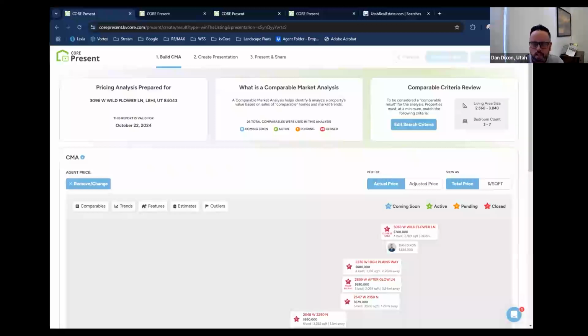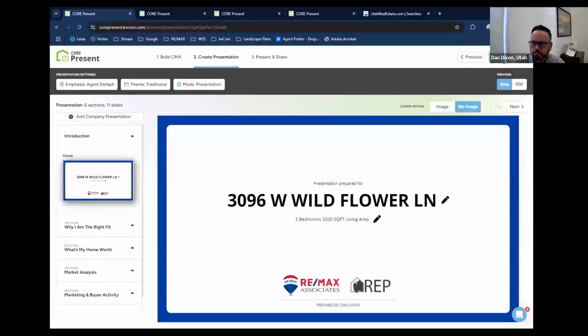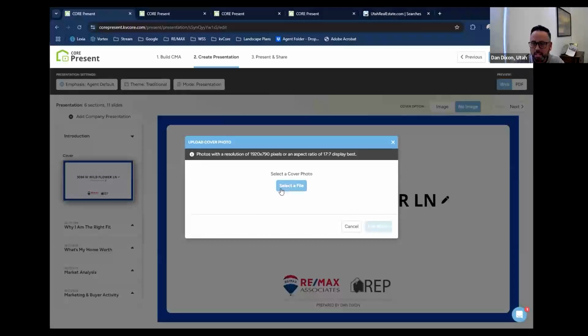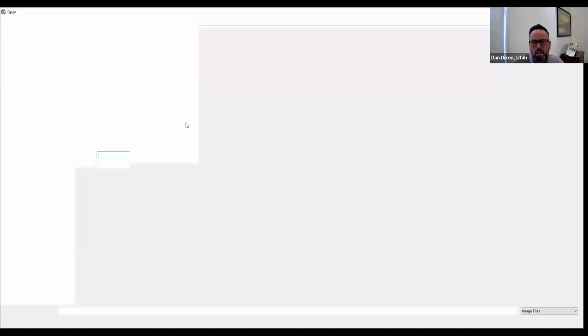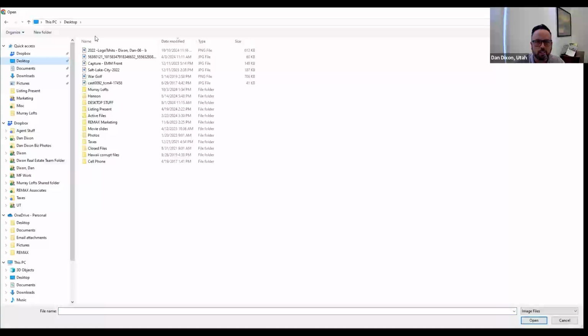So once we have the properties we like, once we have the comparables, we've got it all dialed in, then we click on create presentation. And here in the create presentation, we can do a couple things. First is we can create an image on the front page. And that image can come from, I've done Google Street View. Sometimes the Google Street View looks pretty good, and I've thrown that up there. Or if you have an old listing photo, maybe it's not something you're going to put on the MLS yourself, but maybe you can put it on the report. The home doesn't really look like this, but I'll just choose a photo from my desktop.